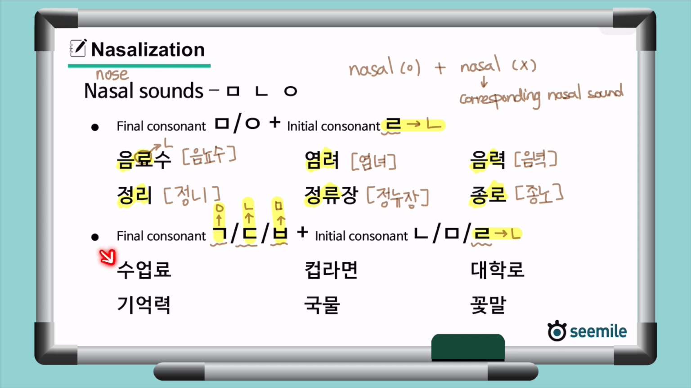For example, here, 수업료, the final consonant 비읍 meets 리을, so 비읍 becomes 미음, and then 리을 becomes 니은. So the natural way to pronounce this word would be 수업료. It's way easier to say 수업료 than 수업료, isn't it? For the same reason, we read these words as